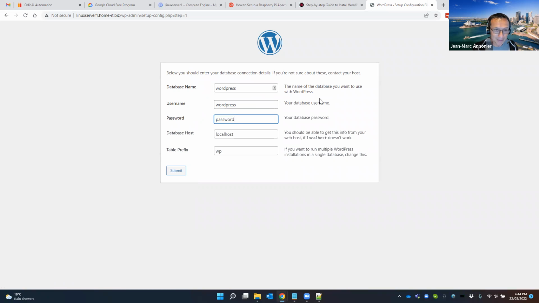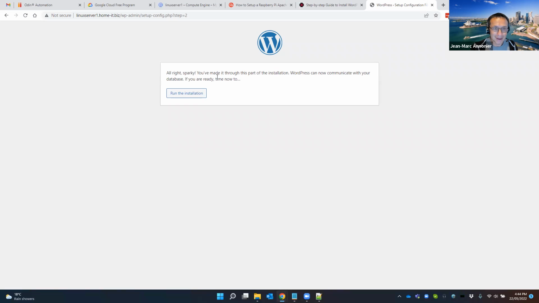Password is password. And localhost is where, because both the web server and the database are running on the same computer. It has to be localhost, and you don't have to change this unless you really want to, but in your case, you don't have to worry too much about this one. So hopefully this should work. Yes. So run this installation.